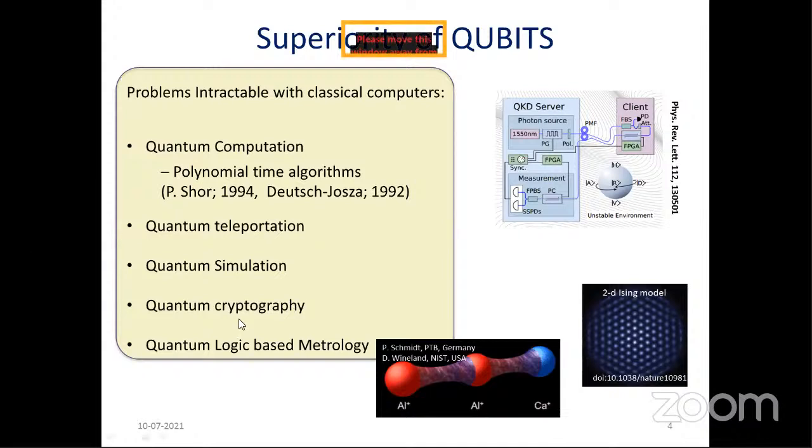You can do quantum cryptography, a tool where you encrypt information, and it becomes not only difficult to break, but you also get to know if the information has been eavesdropped on the way. And one can use quantum logic, the principles of superposition and entanglement, to build very precise atomic clocks, which lose less than a second in 10 to the power 19 seconds or so, which is more than the age of the universe, for example.